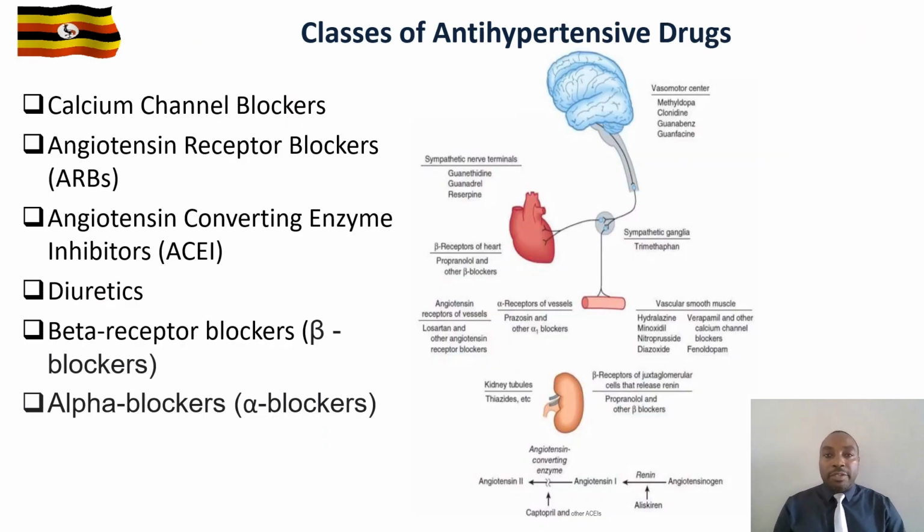Now, let's talk about the drugs used to treat high blood pressure. These drugs work at different levels. There are those that work on the brain, there are those that work on the heart, those that work at the level of the blood vessels themselves, and the kidneys. So let me just talk about blood pressure before I go into the drugs in detail. So blood pressure control in the body